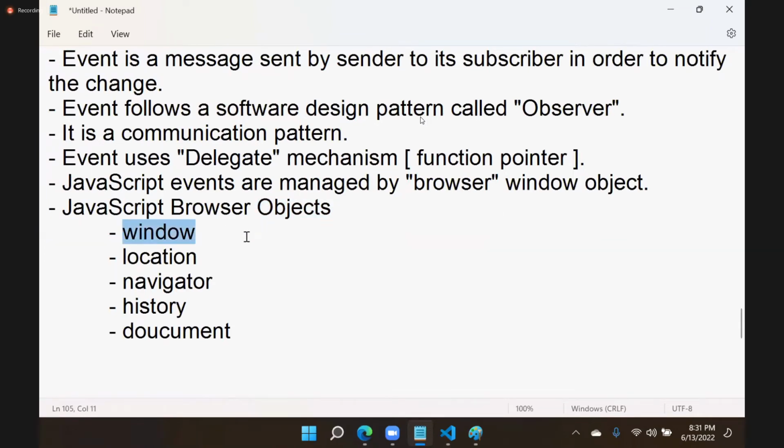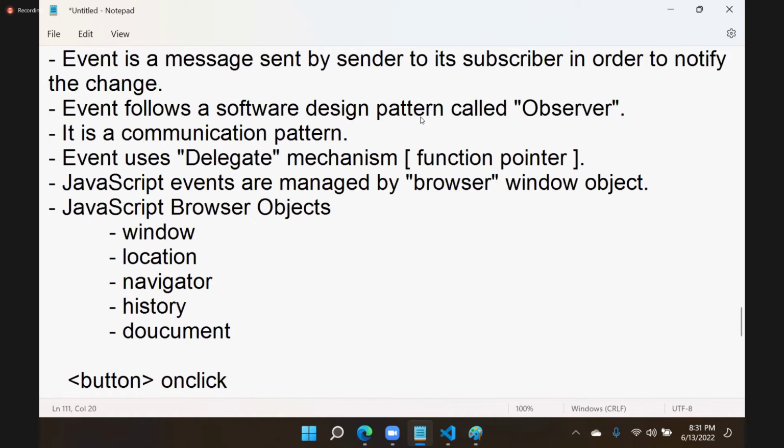Events belong to window. That means, suppose we have a button. What is the event for a button? On click. But it is not only for button. You can click on a heading also. You can click on div, span, heading, link, anywhere you can click. So this on click doesn't belong to button. At basic JavaScript learning level, you might have learned that button has an event called on click, but no,